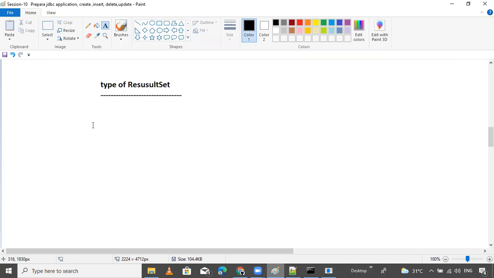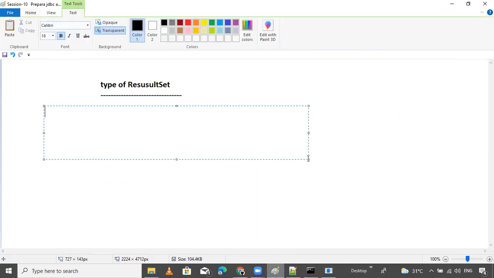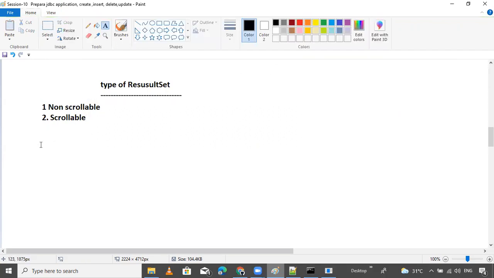What are the two types? The first one is the non-scrollable result set, and the second one is the scrollable result set. These two types of result set are there in JDBC.